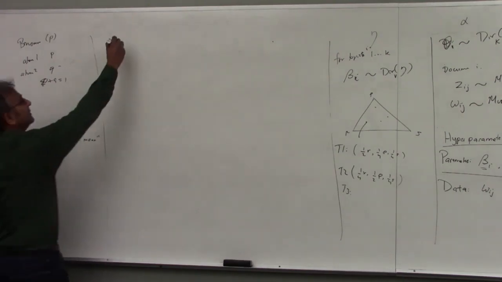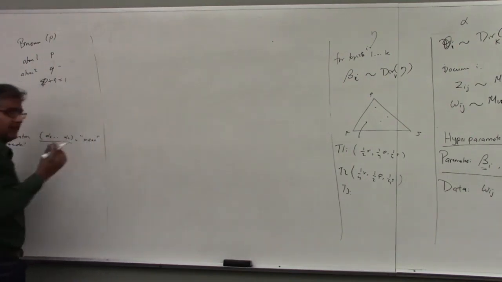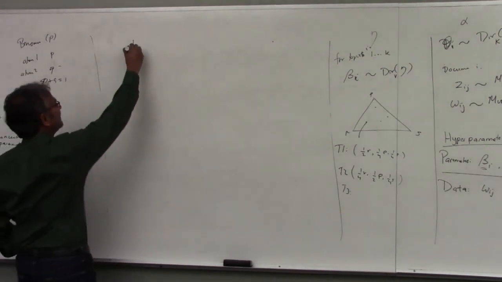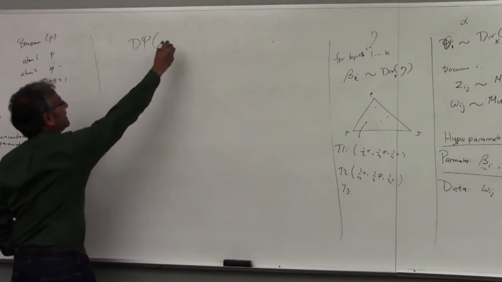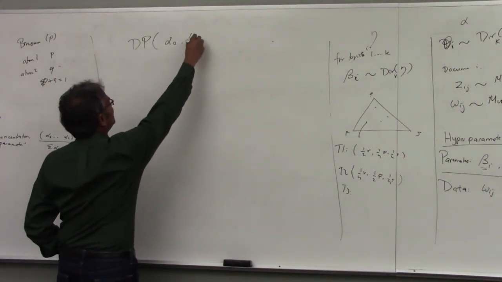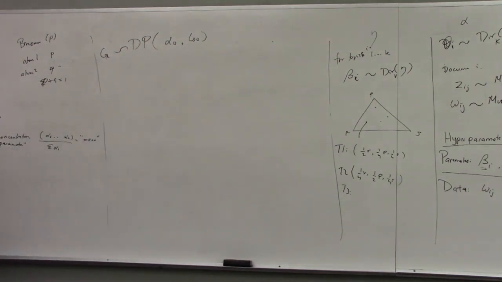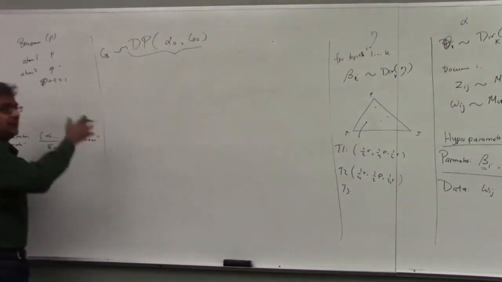So again, what is a Dirichlet distribution? It's a distribution over measures, over things in the sample space. So my Dirichlet process is going to be a distribution over infinite dimensional distributions. Okay. So I have some things on the Dirichlet process. It has parameters alpha and G0. And the idea is that if I sample from this some distribution G, this object should have the right properties that I want it to have. Okay. And so let me define what I want in this DP object in terms of what G should be.